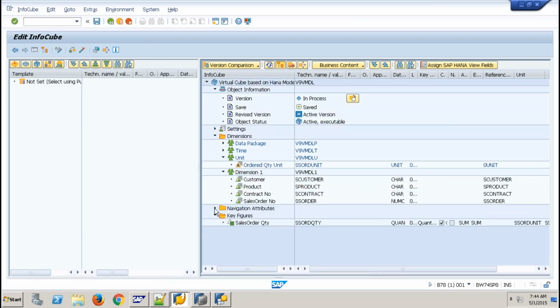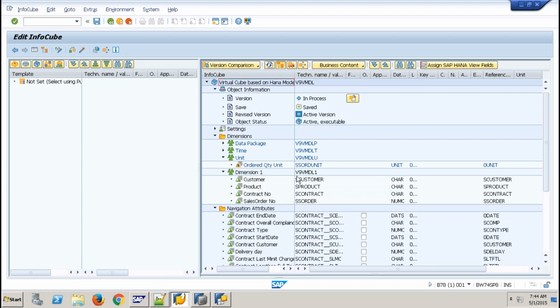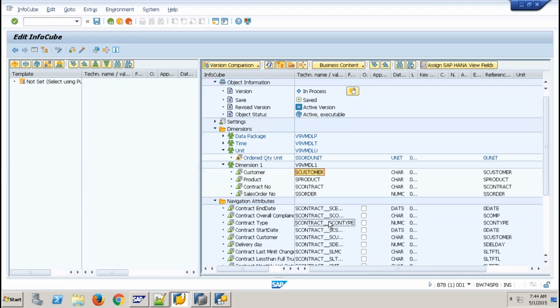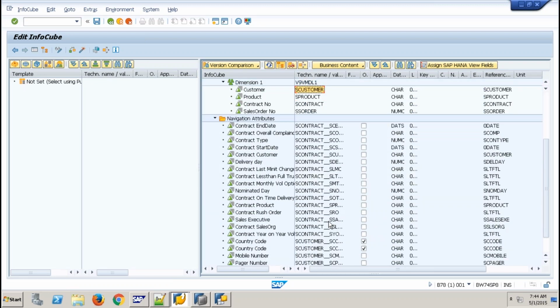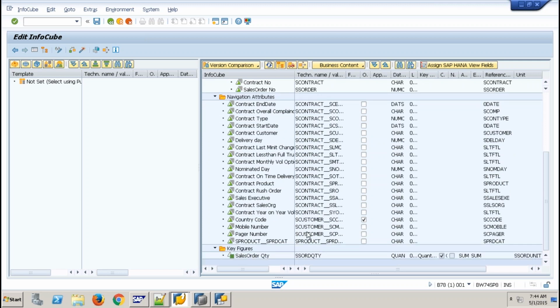Since I'm using a virtual cube, if required, I can switch on the navigational attribute. Say for a customer, I would like to switch on the country, which is a navigational attribute. Country code, let's switch it on now. Okay, activate.